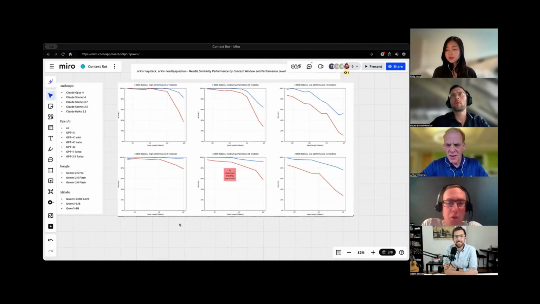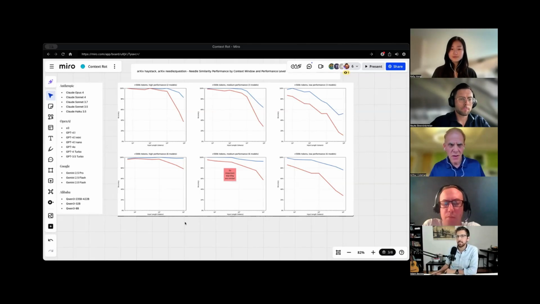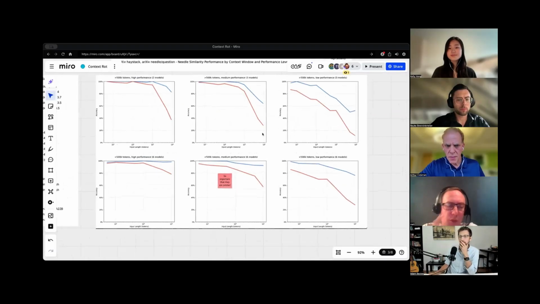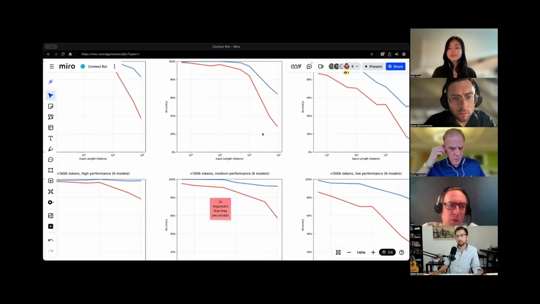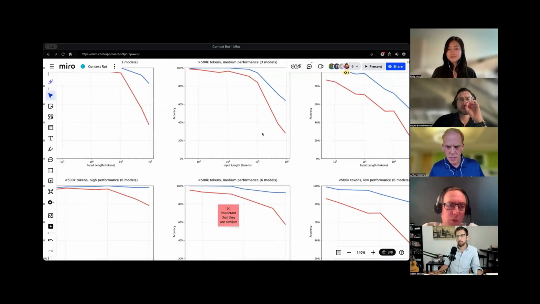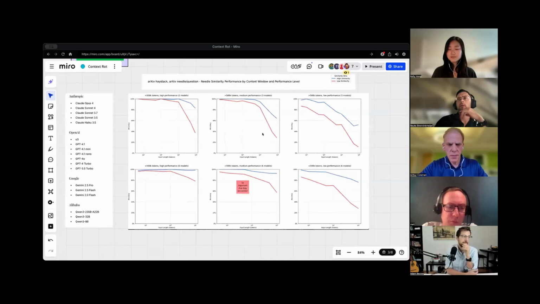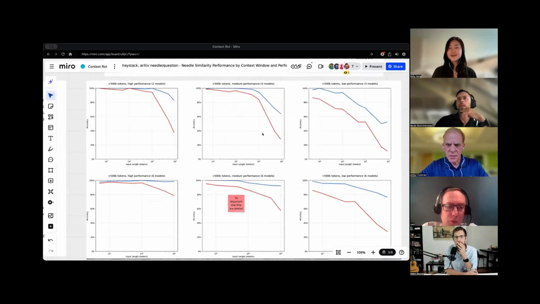I was wondering, I'm seeing a lot of applications that are not in the form of a needle in a haystack. For instance, summarization, analyzing a piece of data, or code generation, where the LLM needs to analyze the complete context that you provide to it. So how many real world applications, apart from RAG, are in the form of needle in a haystack?